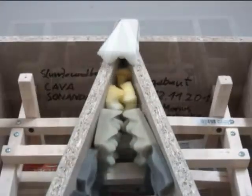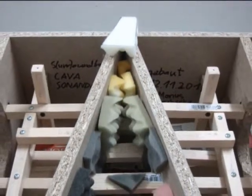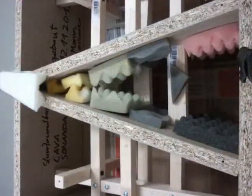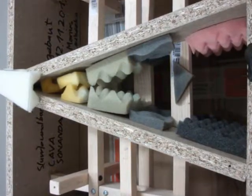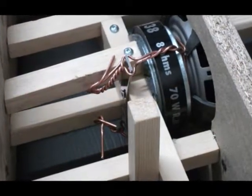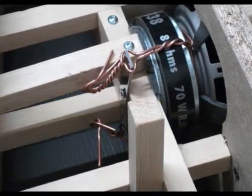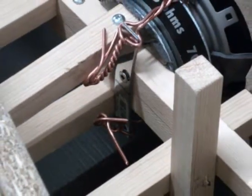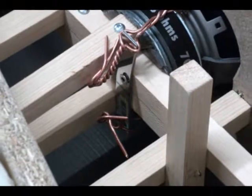The center speaker gets foam for damping. The subwoofers won't get any damping except for the self-adhesive foam I put on lid and bottom. Because the basket of the driver is quite soft, I also added a bracket to pull it against the matrix